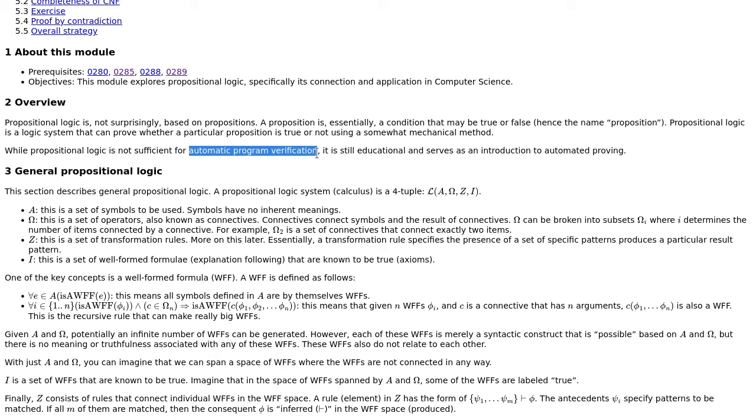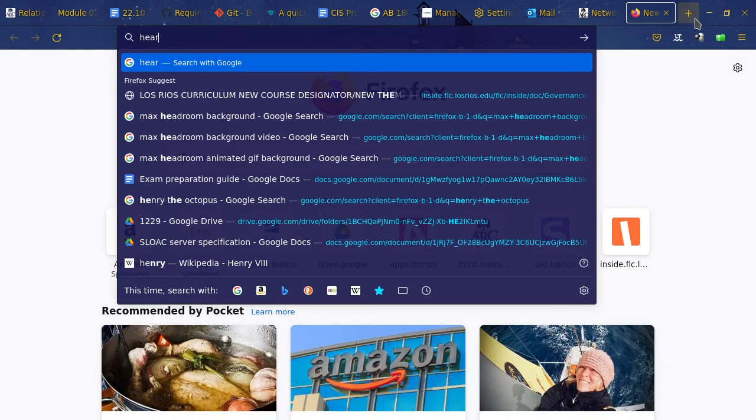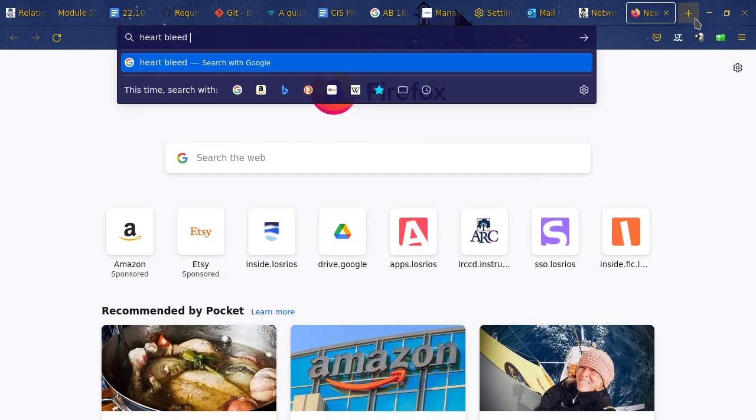Okay? So it'll be great if we can do that, because then we can basically look at least at core portions of an operating system and say this part here cannot go wrong. Okay? There are certain key portions of an operating system that are of particular importance to reliability and also cybersecurity. To understand the issue of not having automatic program verification, you only have to go to Heartbleed as a